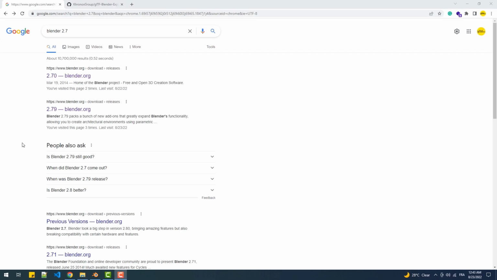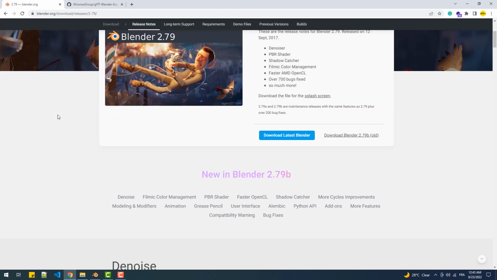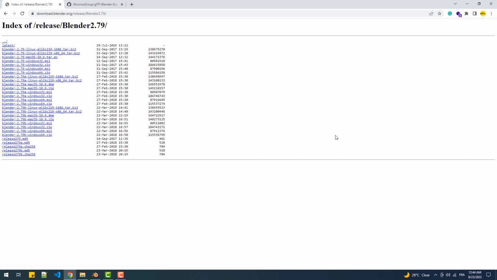To create a navigation mesh, we are going to use Blender. However, keep in mind that the latest version of Blender that supports this feature is 2.79, so you may find yourself working with two versions, the latest one for modeling and the 2.79 for the creation of the nav mesh. That being said, Google Blender 2.7, hit download Blender 2.79b, and then choose the file depending on the operating system